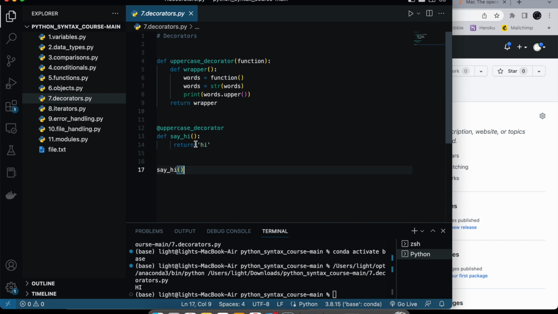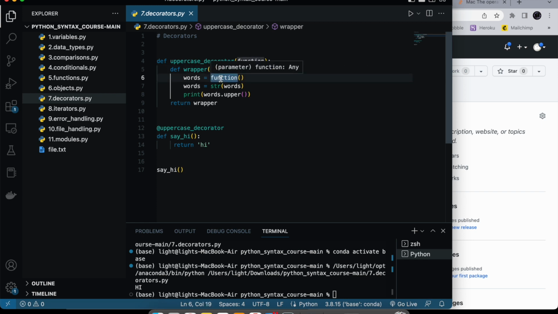And then to do a decorator, you do this @ symbol, and then the name of the decorator. So we're passing this function into this function. And let's see what this function does. Define decorator, it's getting a function in. And this is how you write decorators. We have this wrapper function that takes in the function. So words equals function. We're just setting it equal to